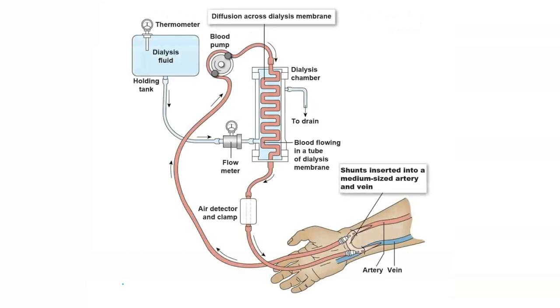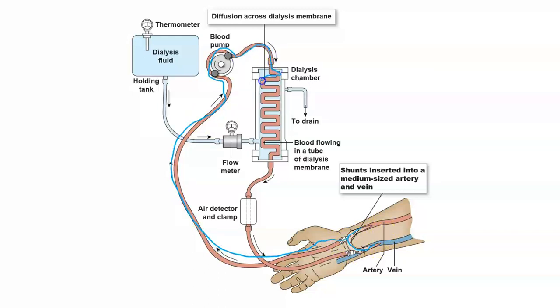Okay, one last thing here, dialysis, a clinical application. So people that have kidney failure have to have some way to filter out their blood and to get out the nitrogenous waste and excess ions and things. And so this is how it works. They would make a little shunt that is going to bypass the vessels, the artery and the vein, and then they'll tap into it. Blood will get pulled from the arterial side down across a pump, a peristaltic pump,